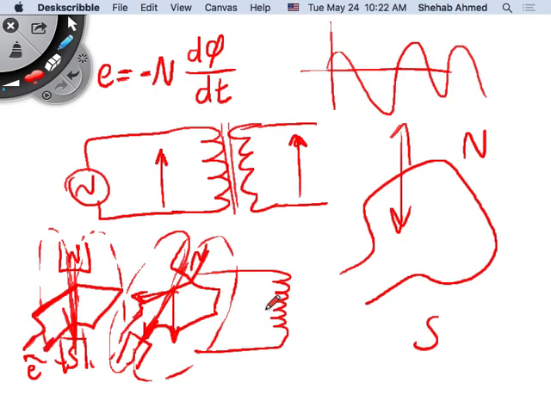So a transformer will have many of these turns. So you will put a voltage here at the input, and this voltage will cause, again,